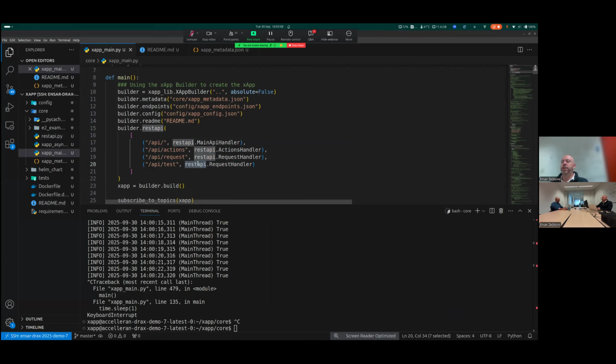And you see that it's targeting this request handler. We'll rename this because we'll be creating a test handler over here, which will be the function that's called when this API is called.